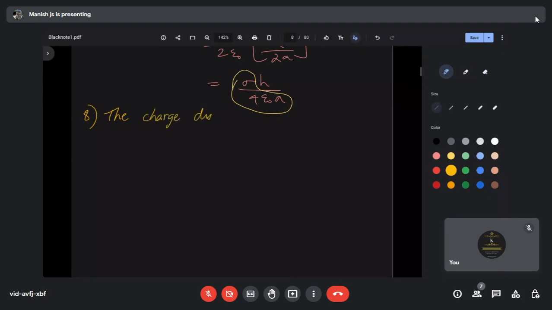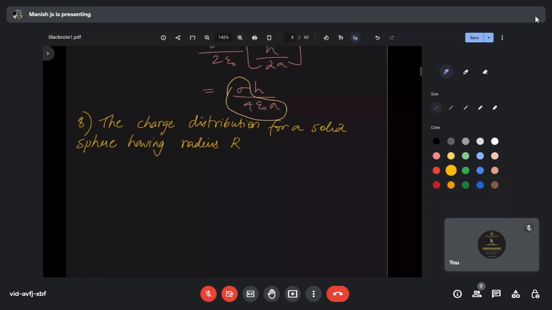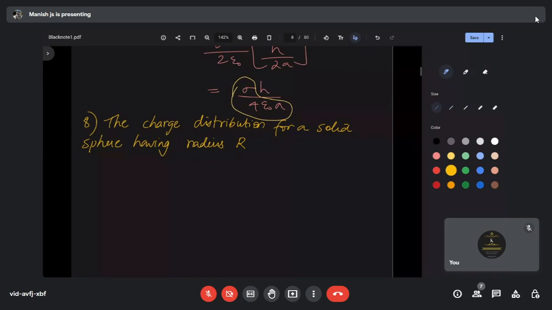The charge distribution for a solid sphere having radius capital R is expressed as a function of radius